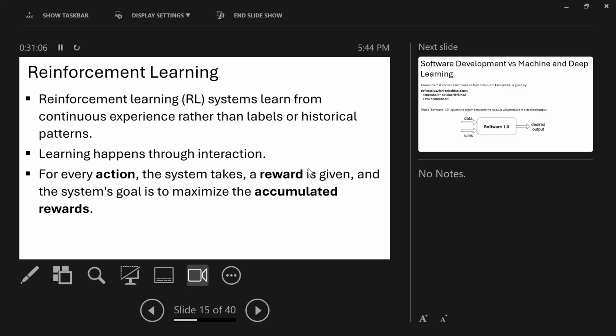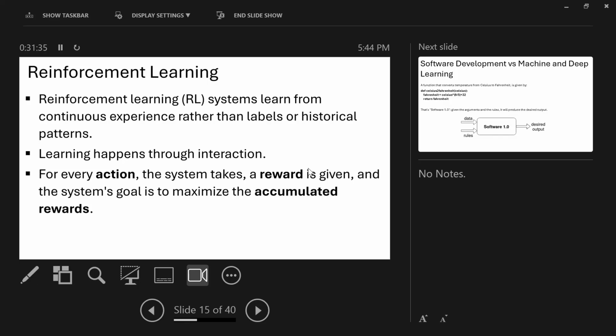So that's reinforcement learning. It's through experience. It's majorly used in robotics. Like we put the robots in a space. So when the robot moves in the required direction, there's a reward that is given. And when it collides with an obstacle, there is a punishment. So that's like learning from experience.